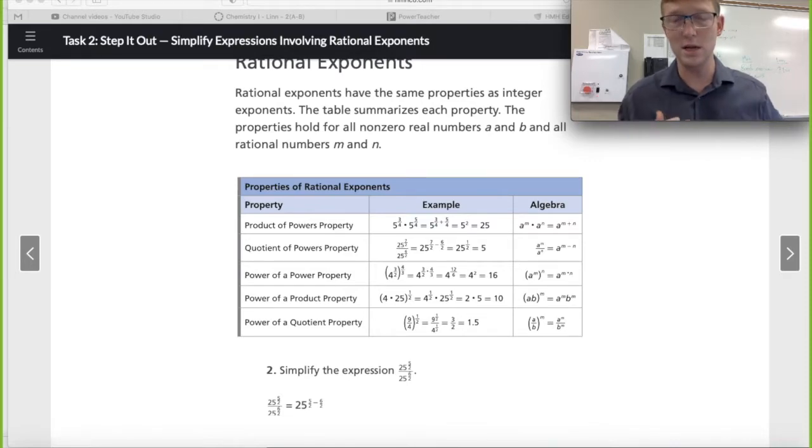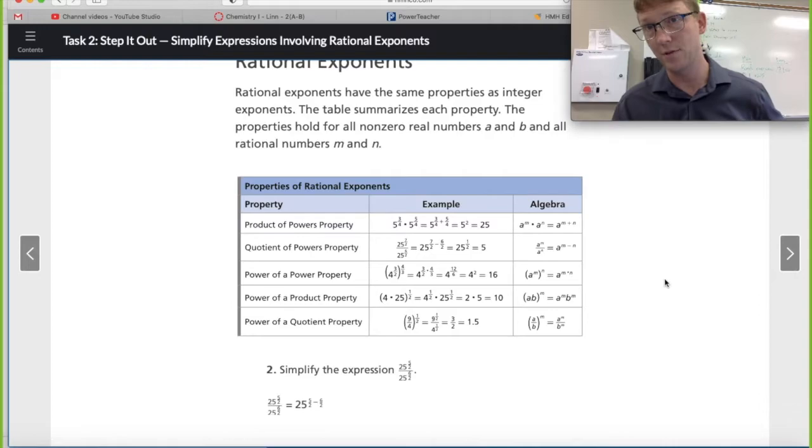But if you ever needed to do a proof or anything like that, you would have to use the product of powers property, the quotient of powers property, things like that. And I'm sure that the book is going to have us do those things as well, but that's okay. So here's your examples. I'm not going to go through all those. Here's your algebra version,